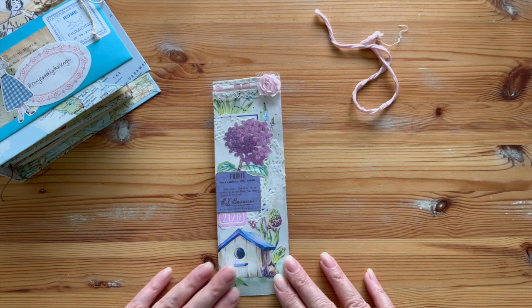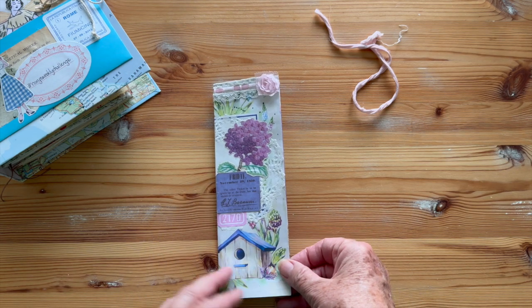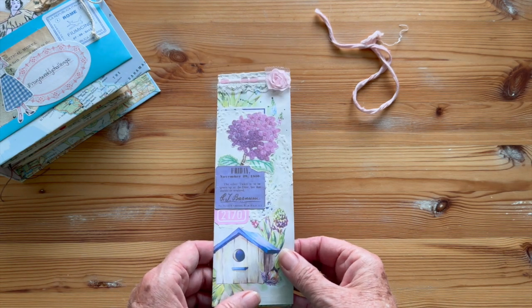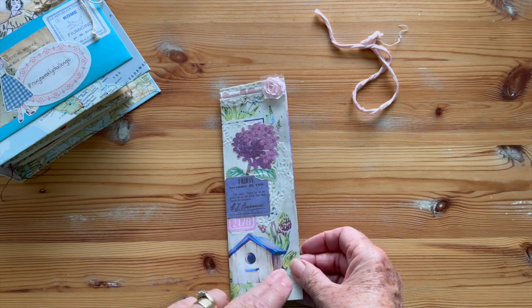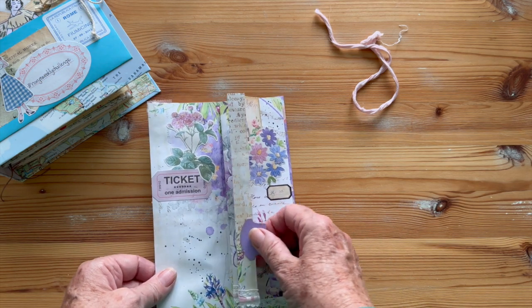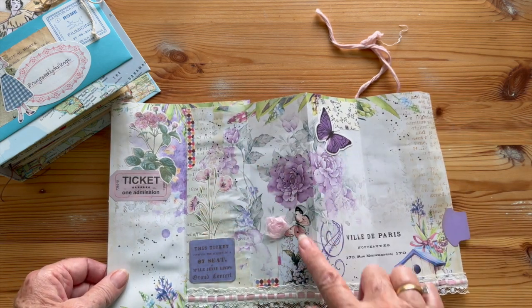So these are my journal spots with accordion insides for Rachel's challenge this week. This one is in shades of pinks and purpley lavendery colours. And the paper is, as I say, from Antique Papery. And then inside, left this area here for journaling, but decorated